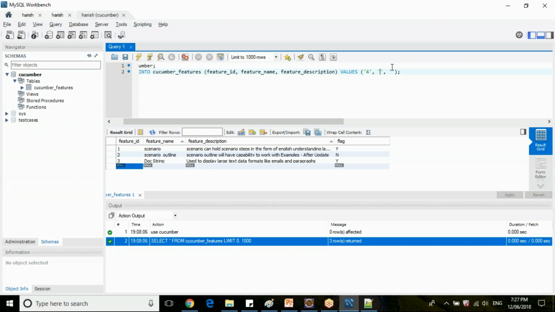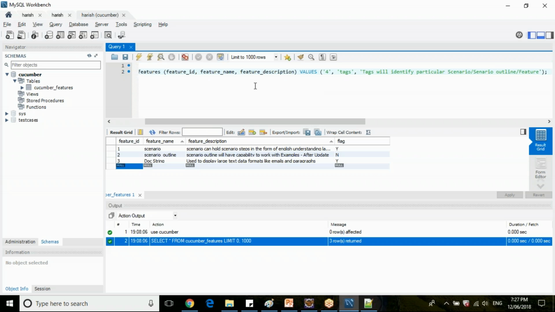Tags, yeah. So why are tags used? Tags will identify a particular scenario, scenario outline, or feature.